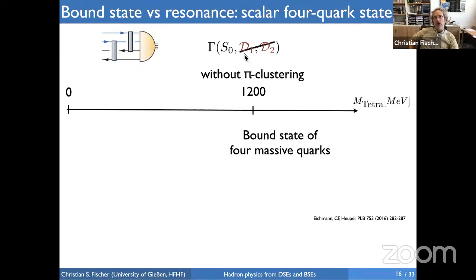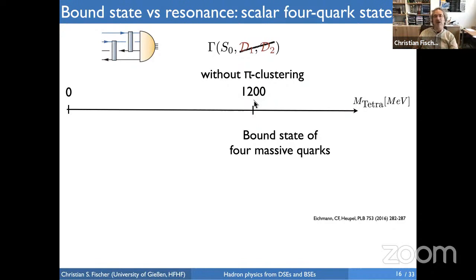So first of all, I do not take into account the dependence on this doublet. I only take into account the leading dependence on the singlet. And this is tantamount or equivalent to not allowing internal clustering at all. So what we're now calculating is just a bound state of 2 quarks and 2 antiquarks with a mass of roughly 350 MeV. And what you find from your Bethe-Salpeter equation is a bound state of roughly 1200 MeV, which is probably what you would expect. 4 times 350 minus some binding energy should give a state of 1200.